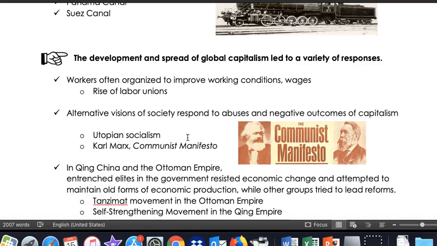Another response would be an alternative theory to capitalism, and that is socialism as a broad theory, and then communism. And just to clarify, the AP exam writers usually approach this topic as an umbrella topic, meaning that socialism is a broad theory that there should be more supports for the basic needs of the individual. Communism would be a narrow thought within that, which takes that to a more extreme level where there is no such thing as private property, and the government owns the resources and will ensure equal distribution of that, make sure that everybody has a share in the profit.